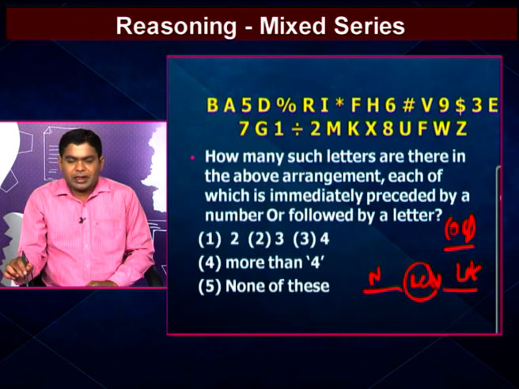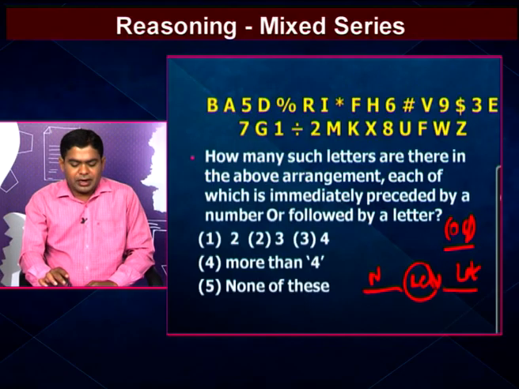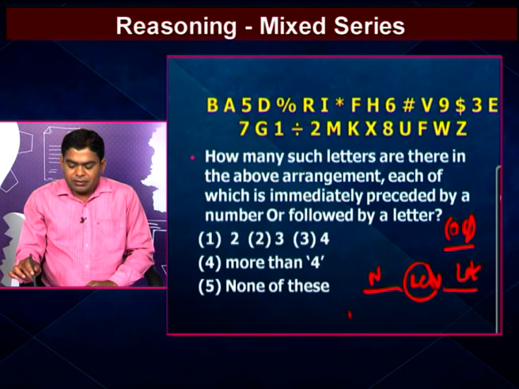That means we go to the letter and verify the left side. If the left side is satisfied, then we count that element. If it is not satisfied, then we go to the right side. If the right side is a letter, we count that element. So we go to the first letter. Here the letter is there, but there is no left side. That's why we verify the right side. The right side must be a letter. So B is satisfied. At present one element is there, that one is B.